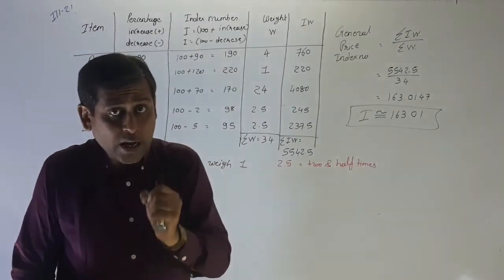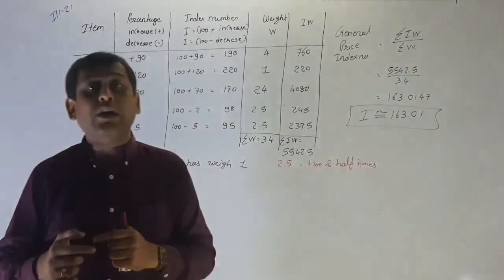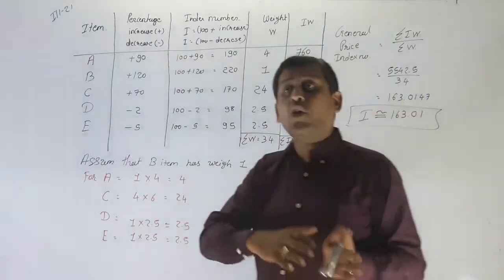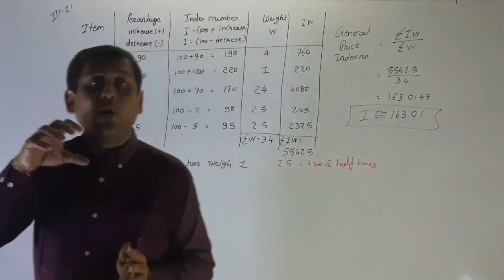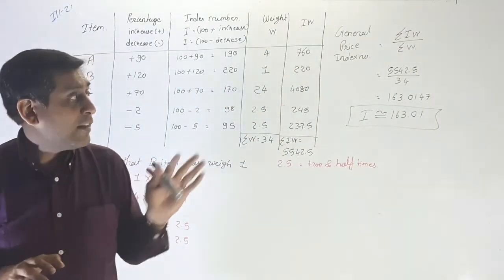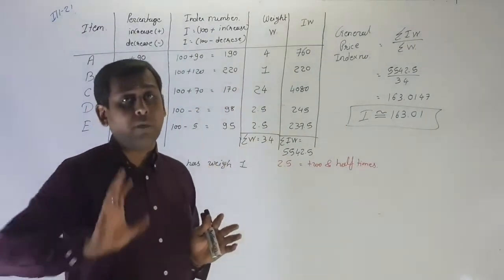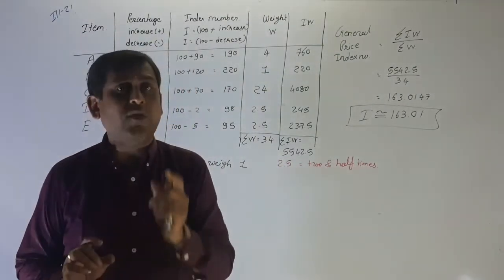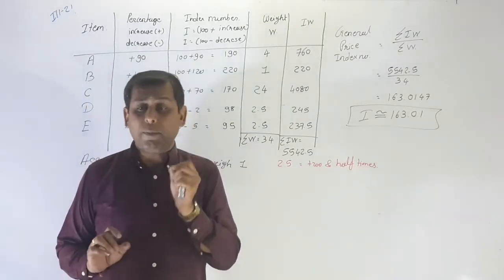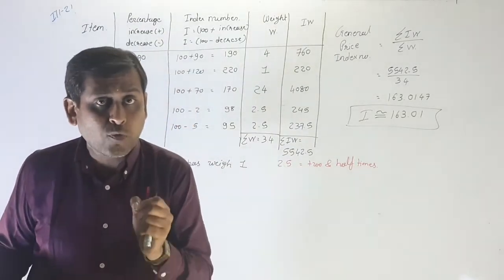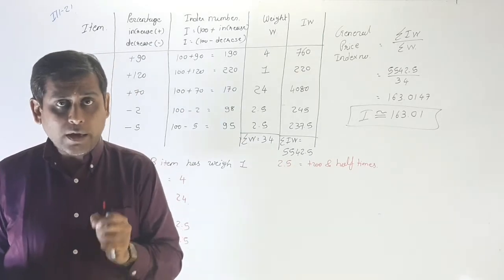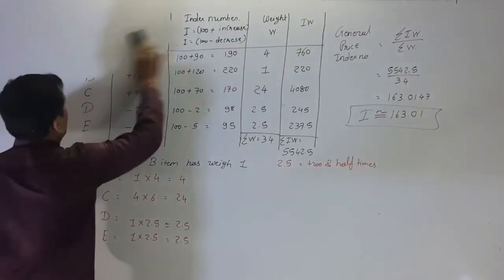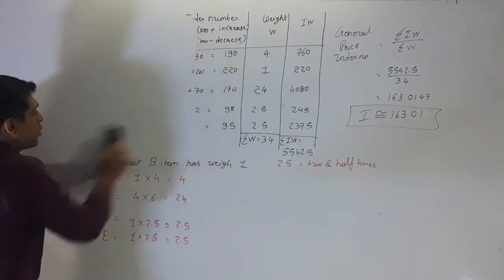Whenever the data is given, you have to think about which type of data is given, and from that which formula we can apply to that particular data, right? And then we can find out the index number. Here in illustrations 21 and 22, there is no specification regarding which method we have to use to find out the index number. So here we'll start our next illustration, that is illustration number 22.